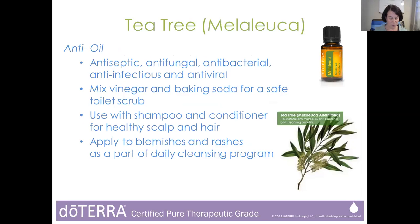And so when you look at this oil, you might think, oh my gosh, this is a heavy hitter, this is really powerful. What kind of impact is this going to have on my skin? And so I'm really excited to point out that this would be my #1 first choice for anything skin related. The very oil that would be our heavy hitter, anti-everything oil is also my #1 choice for just a gentle